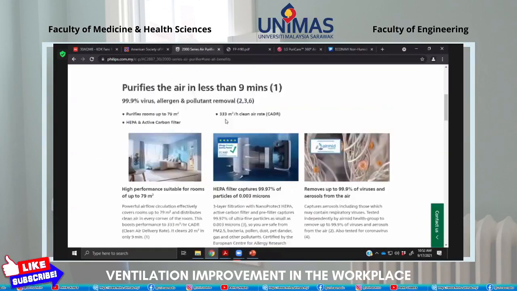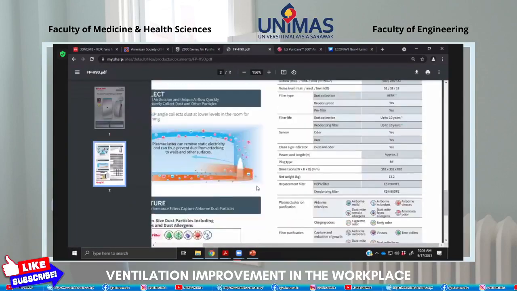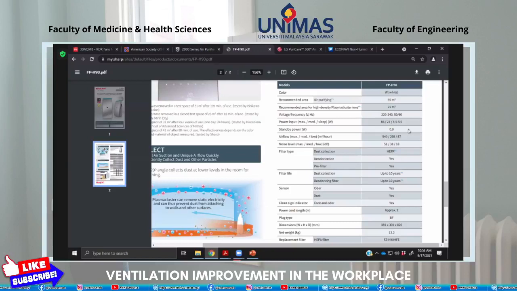Okay, certain example. If you look here, this is one from Philips. I think there is some mistake here: 0.003 microns, it should be around 0.3 microns. So this is a kind of HEPA filter that we are looking for. One example, this is from Philips, 99.97% of 0.3 microns. And here one from Sharp, they're not saying what kind of HEPA filter in the specification,